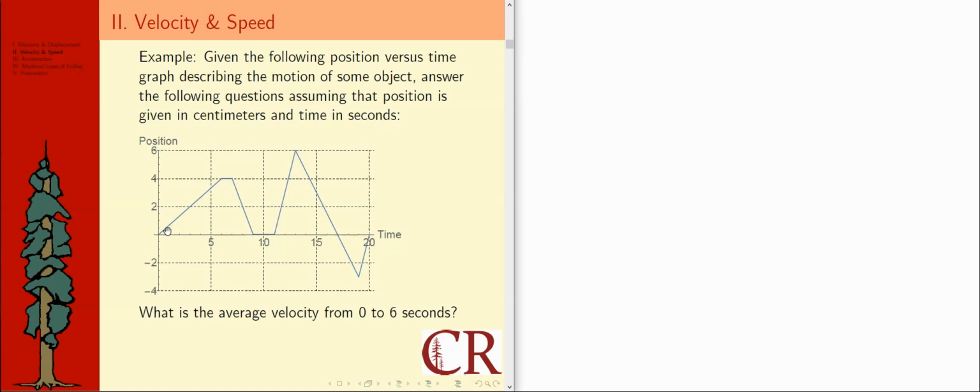So note that this shape here is two-dimensional in the graph, but we're representing, again, a one-dimensional motion. And in that sense, if you were to try to visualize what this motion would look like in your head, it wouldn't look like this. But you just see an object maybe moving to the right for a certain amount of time, stopping, then more quickly moving to the left to get back to where it started, stopping for a little bit again, then very quickly moving to the right again till it got to a position of 6 centimeters,